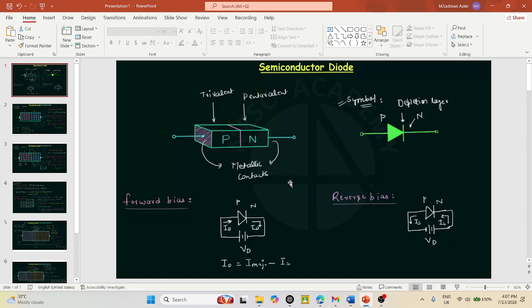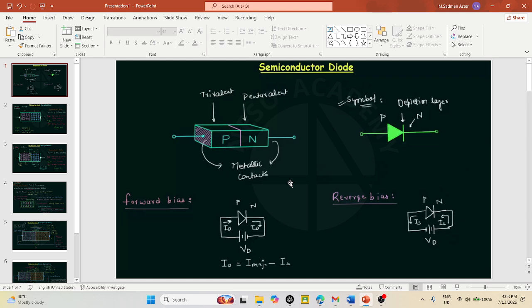When we dope a semiconductor with trivalent materials like boron, aluminum, gallium, indium, that type of semiconductor becomes p-type semiconductor. Trivalent impurities are those type of impurities or materials who have 3 valence electrons at the outermost shell, and